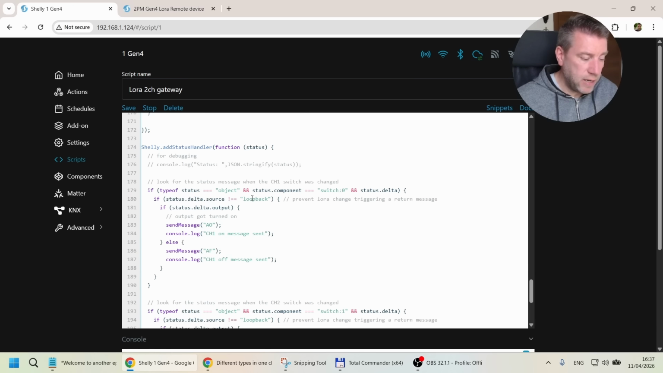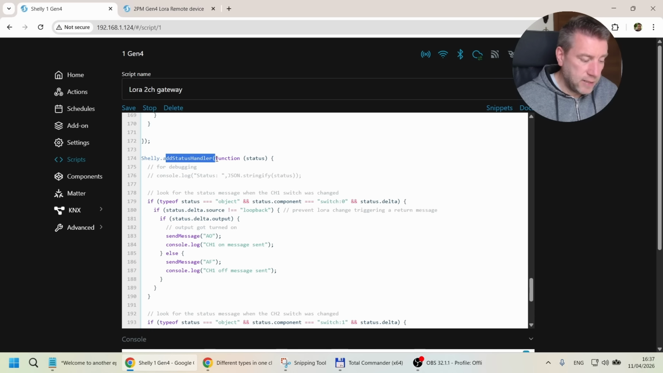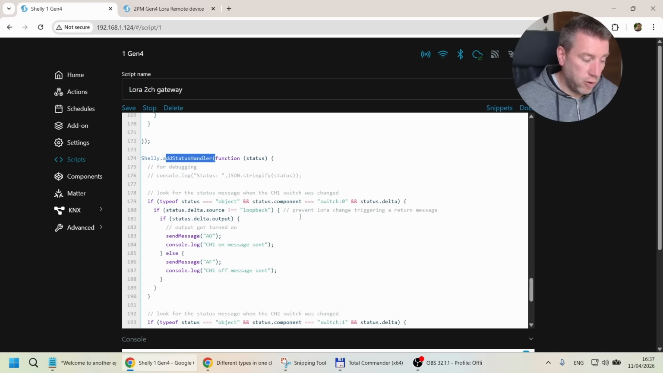So I'm going to skip that. The important thing here is that we need a status handler, because we are actually going to watch these changes of the output, not the button presses, but the changes of the output. So it doesn't really matter whether the output got turned on and off by a physical button or the app or an automation. We are just going to look at the fact that the output got turned on,